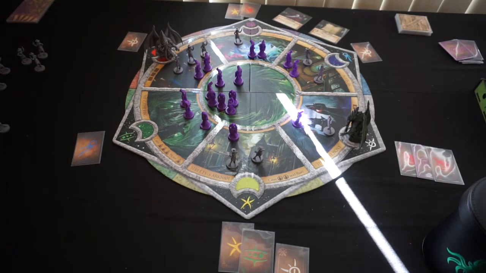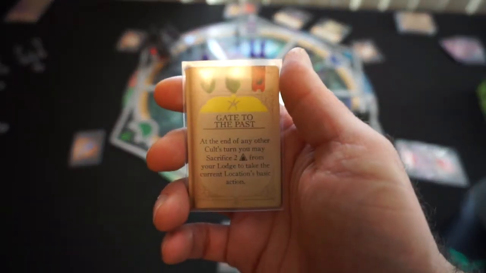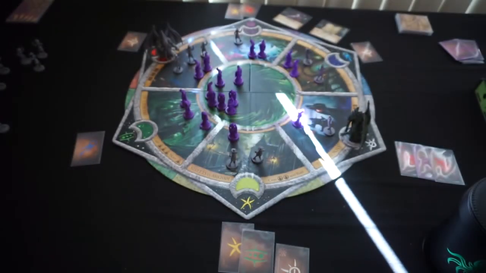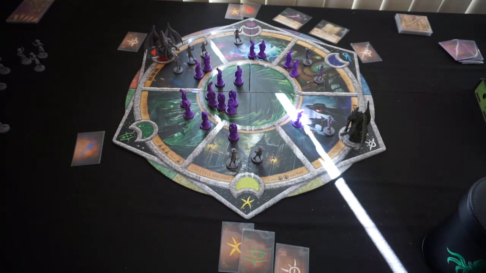And then with a white, 2 red, and a wild, the Necronomicon should have been prepared. Yeah, I'll exhaust the Necronomicon to get a wild, which I'll use both my wilds as a green and a red to prepare a gate to the past. So at the end of any other cult's turn, I can sacrifice 2 cultists from my lodge to take the current location's basic action. So those are all discarded. And